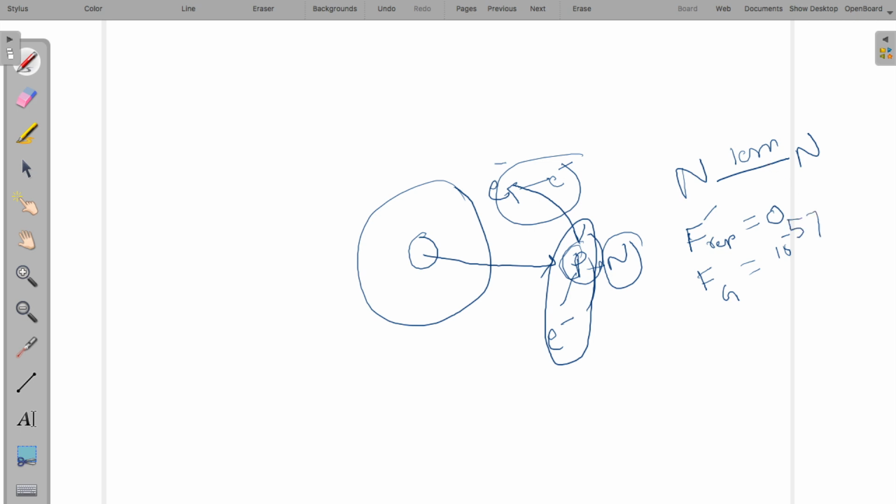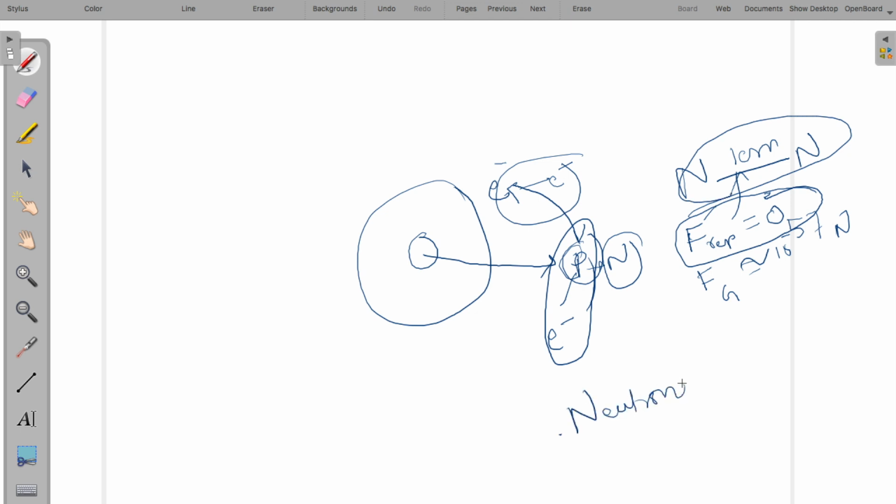There will be some gravitational force, but the repulsive force is zero. It tells that the additional property is absent in the case of the neutron. Therefore neutrons are said to be